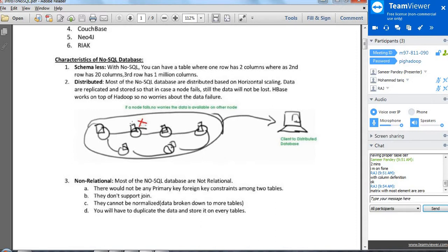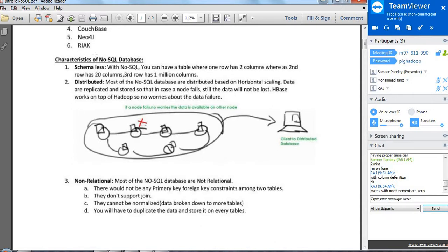In a single system you need to upgrade it, right? 1 TB hard disk or 2 TB hard disk, but there will be some limitation after installation. RAM addition also: after adding some capacity of RAM, it will say, okay, don't add beyond this, and that would be the capacity limitation you have. But when you have distributed, you can add n number of nodes to a cluster and increase the storage capacity as well as the RAM capacity, which will eventually increase the performance of your cluster.